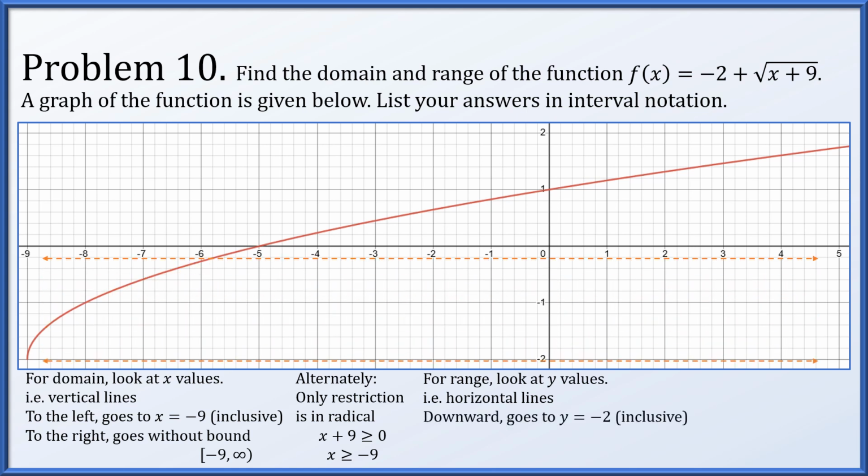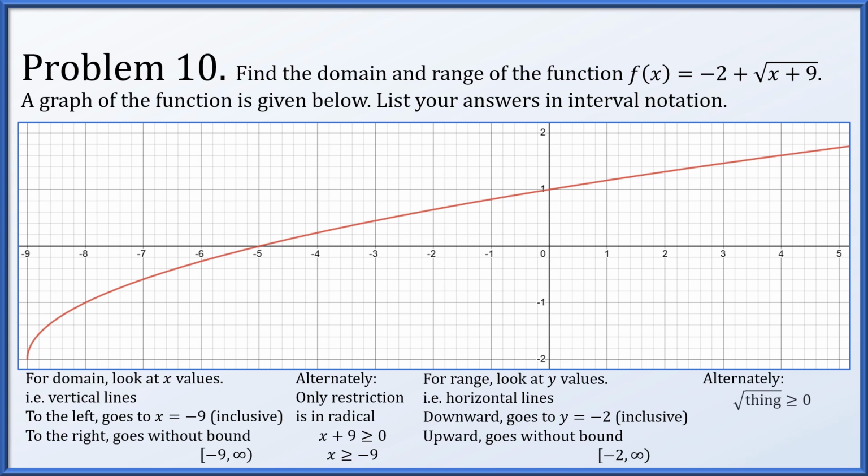Well, how far down can we go? Here's the bottom of the curve, and it does include that point, and that's at a height of negative 2. How far up does it go? It just keeps going. So we're looking for the range to be starting at minus 2 and then increasing without bound, and since it did include minus 2 in the range, we include it with a square bracket in this